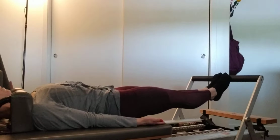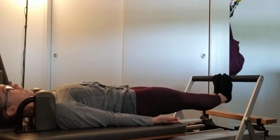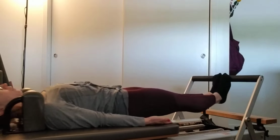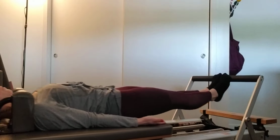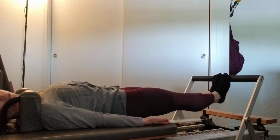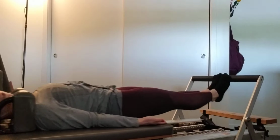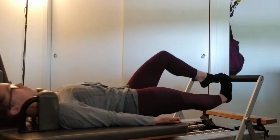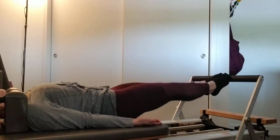10. Lift, down, lift, 8, lift, 7, 6, 5, 4, 3, 2, 1. Then alternate. Lower one heel and lift, lower and lift. In 10 sets. This is 8,